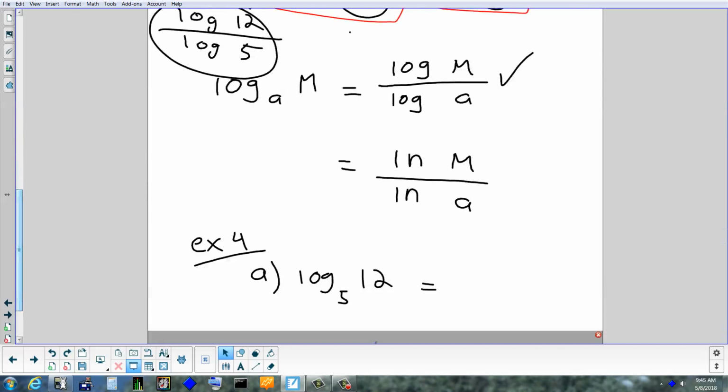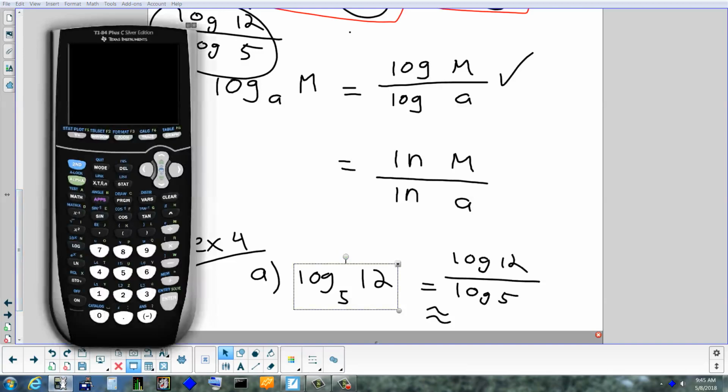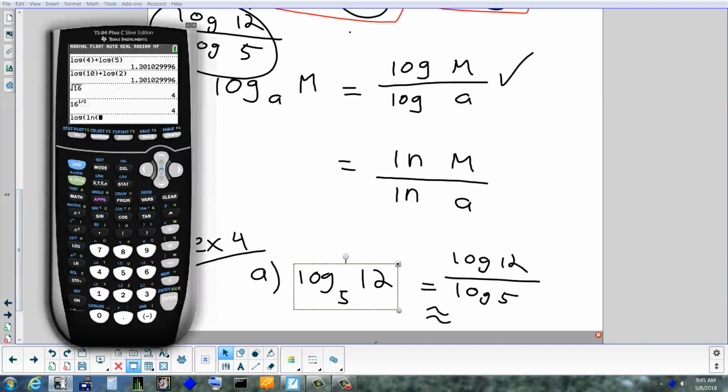Okay, so that's our first problem. Log base 5 of 12. So take the log of the argument and divide by the log of the base. Okay, you do have to make sure you close your parentheses in the right spot. So log 12, close your parenthesis because now you're done with the top log, divided by, and now you've got a new log, and then close parentheses because you're done with that. So the answer is about